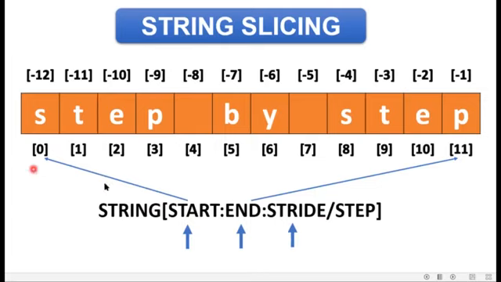Let's understand. As we have taken the example of the whole string, we are going to start from the 0th index and we are going to get over at the 11th index, right? So my stride value will first retrieve the S character, and after that it will move on to the next character and retrieve it. Then it will move towards the next character and retrieve it, and so on, right? Now, stride value by default is 1.